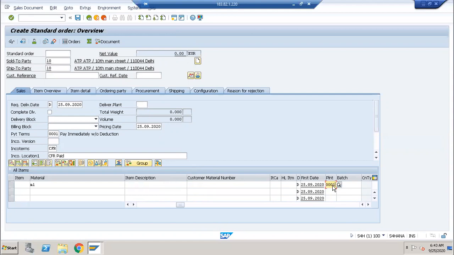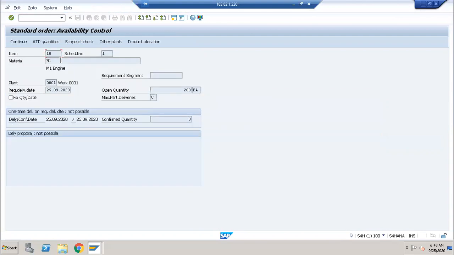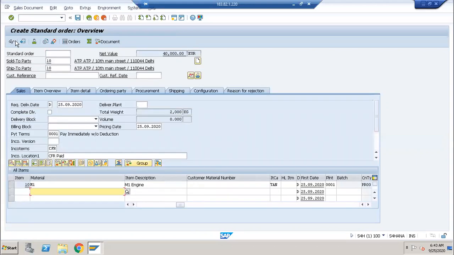Click enter. Here I am just passing the customer number and the material number. Automatically item 10 is coming here.